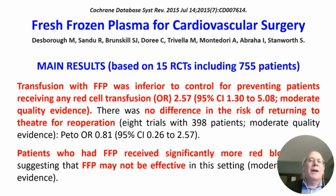Why we should be very careful with plasma in cardiac surgery? In between, there are more than 15 randomized trials. This has been published already 10 years ago by the Cochrane group, and the result was that transfusion with fresh frozen plasma was inferior to placebo for preventing patients receiving any red blood cell transfusion. So it was the opposite, that giving plasma increased red blood cell transfusion 2.6 times,